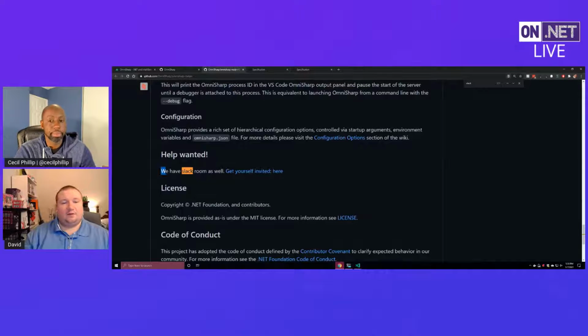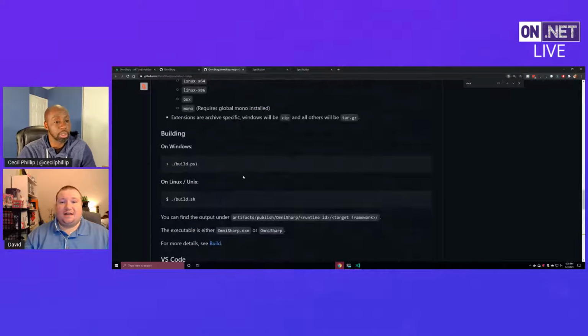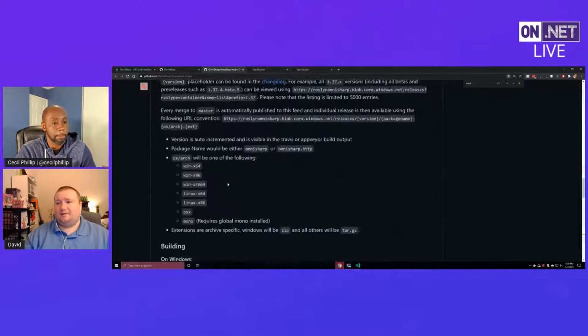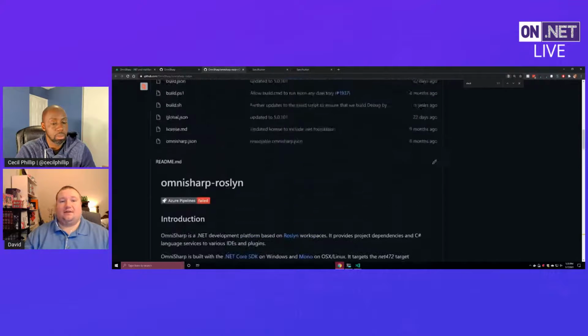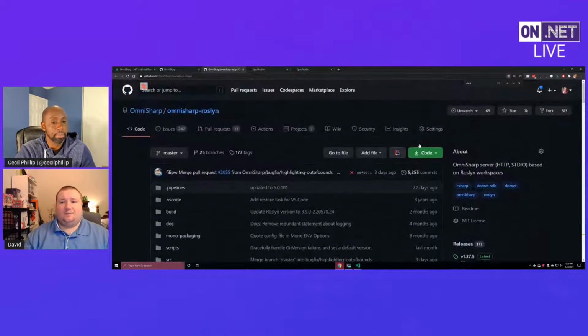I've thought about trying to consolidate that with some of the other more community areas. I just haven't figured out what the right one is yet. I don't want to say let's move here, and then a couple months later, let's move here. I know there's a lot of stuff around Discord these days, and there's a couple of cool .NET Discords out there. And there's GitHub Discussions now too. I haven't turned that on yet, but I probably should, just to have it there as a place to talk. So I'll probably go and do that after this.